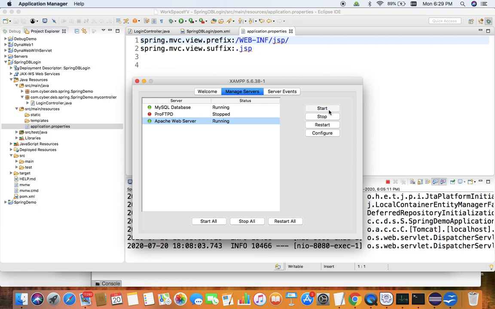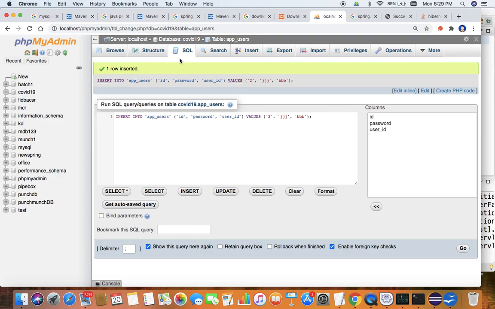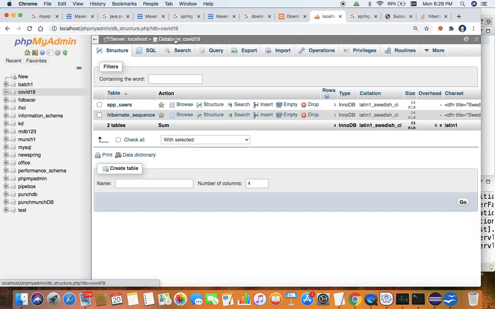If you are using Windows, then you will have the XAMPP control panel. There will be an application after installing XAMPP. Wherever you install, you will find the XAMPP control panel, that you have to open and start again the same thing, Apache server and MySQL. Nothing great as far as operating system changes. So once this is started, then you can go to this. I have created a database.